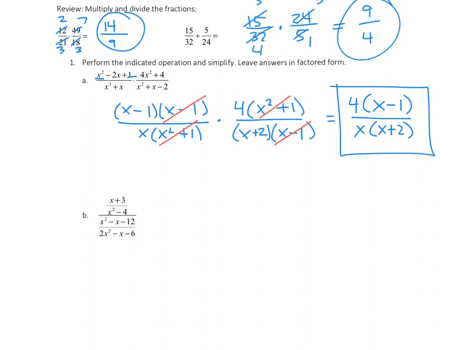Now when we divide fractions, it's the same idea, except we're going to multiply by the reciprocal. So I'm still going to put it in fully factored form, and I'm going to change it to multiplication and flip the bottom fraction. So I'll do that part first. X plus 3 over x squared minus 4. And I change it to times, and I flip that bottom fraction. So 2x to the second minus x minus 6 goes on the top, and x squared minus x minus 12 goes on the bottom. Now I factor,